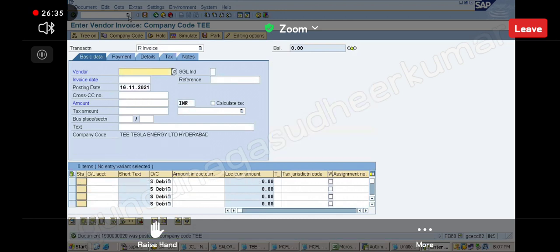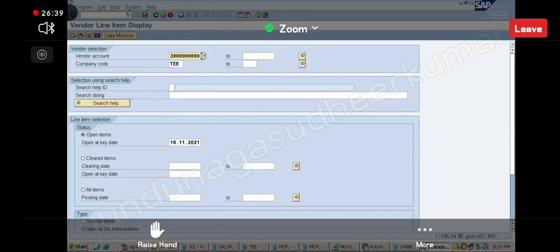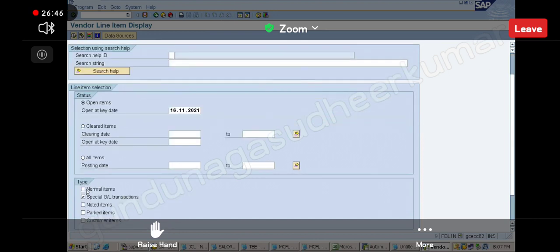Okay, so now if I go to FBL1M, so here I have normal item. In normal what I have? 50,000 minus, right?